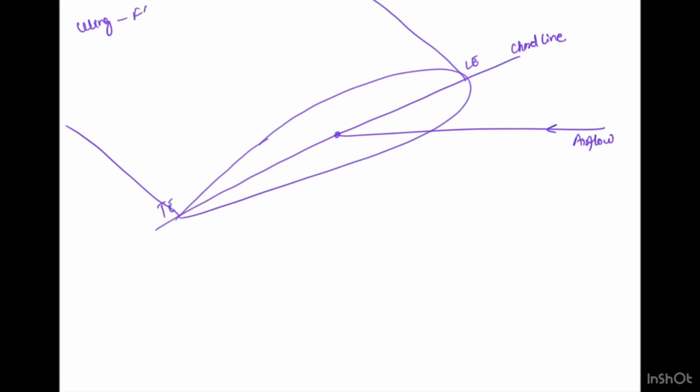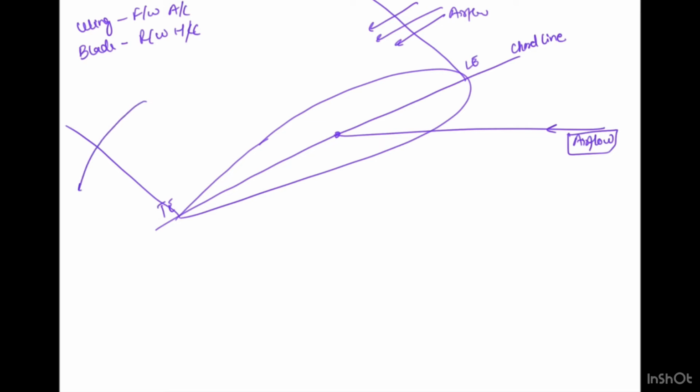This is a wing in case of fixed wing aircraft, or a blade in case of a rotary wing helicopter. You are aware of this, I'm sure, which we are discussing. And then there is an airflow which is coming in, which I have represented here. Understood? Because of the curvature of this aerofoil, the air tends to go downwards, is one of the reasons,